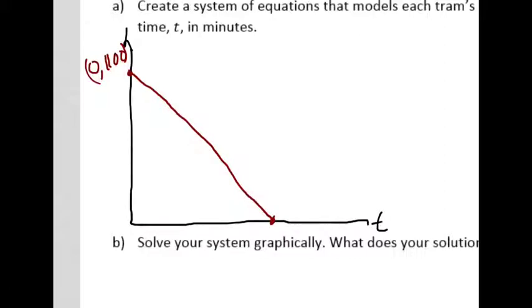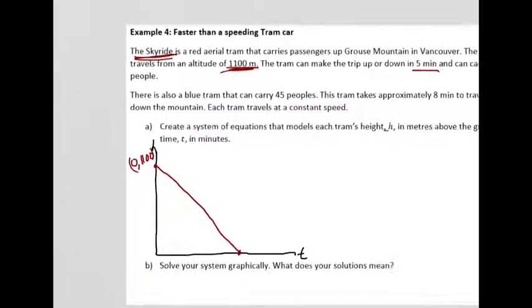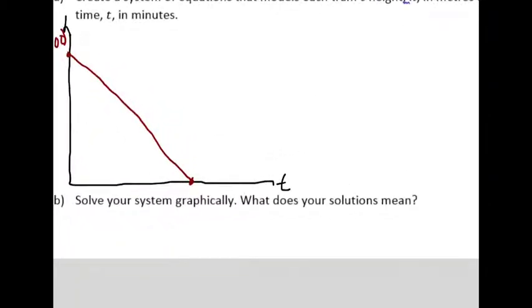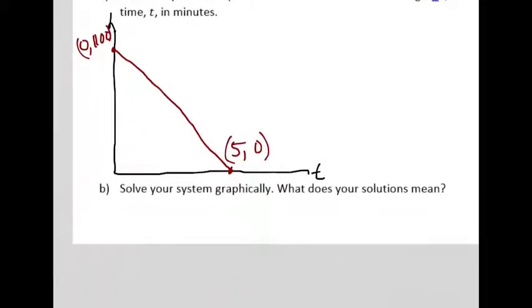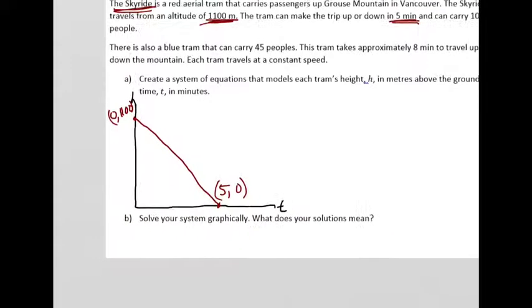Some time goes on, the tram car descends, and we hit the bottom, 0. How many minutes have passed since that occurred? Well, as mentioned above, it takes 5 minutes for that to happen. So at 5 minutes, the red tram has arrived at the bottom of the ride. Okay, the blue tram